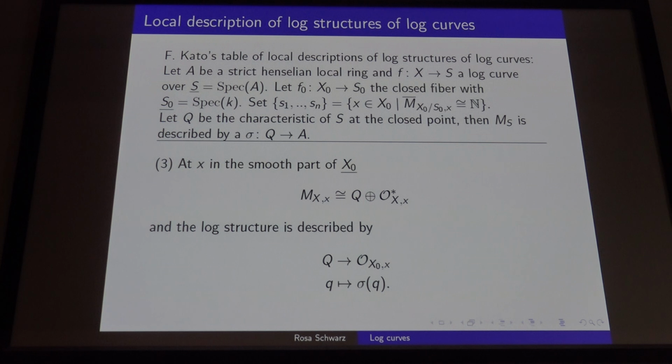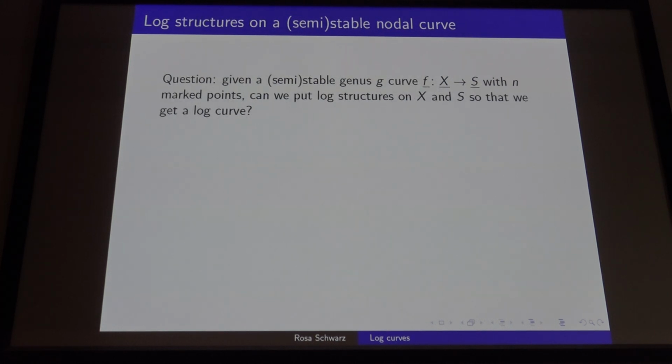So we have that log curves, we know what they locally look like. They can have nodes. They can have these marked points. You could also think the other direction. That's if you start with a nodal curve